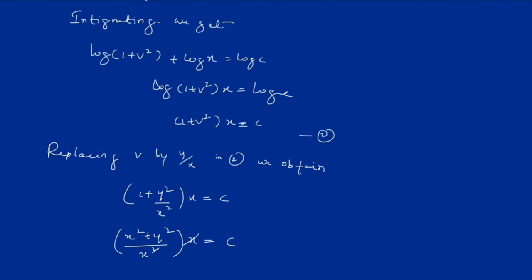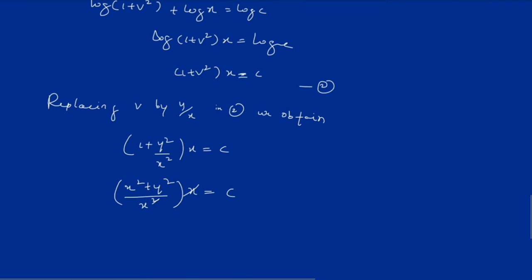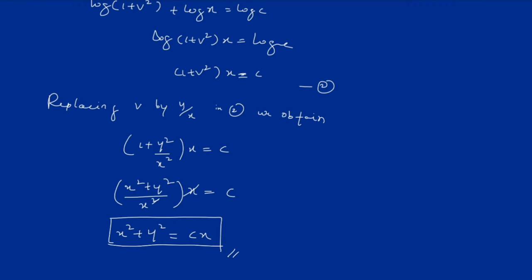Here x gets cancelled, so the final value is x square plus y square, take this term to the RHS, so it becomes cx. This is nothing but our required solution, that is x square plus y square equals cx, right? So similarly, next example,